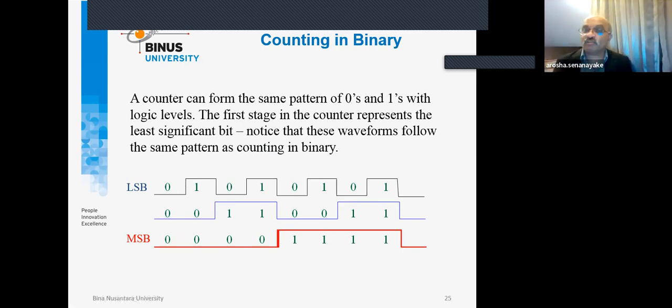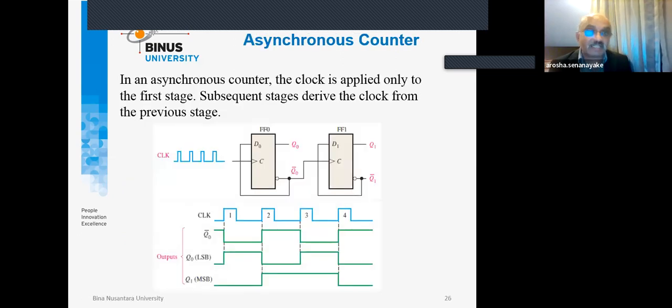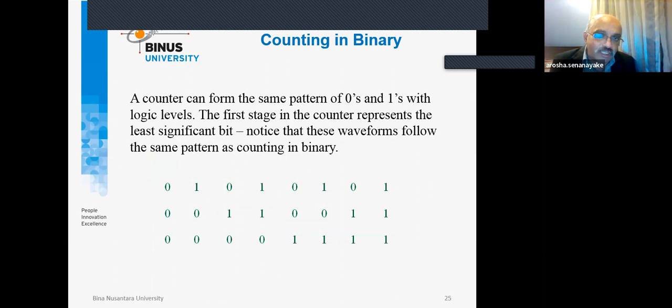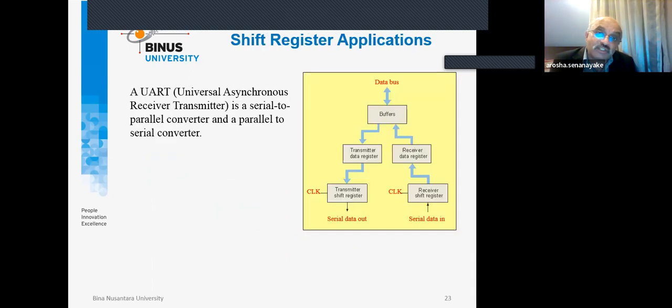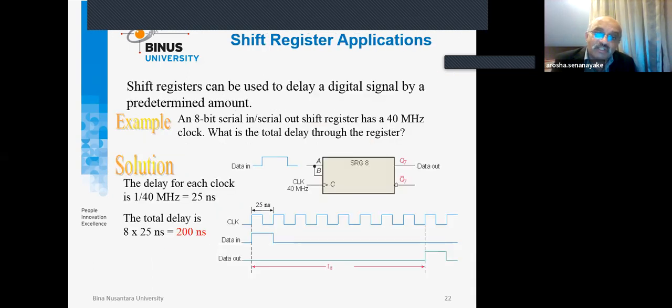Then of course we have to make a counter so that the counter counts in this manner. So you have to understand how the least significant bit should work. We have been looking at the counter, but all the time what we understood in previous slides, as you may notice, in all previous ones is that